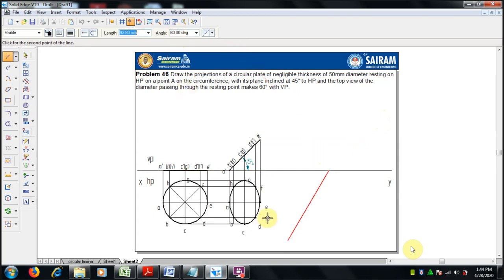That is positive, and now for the HP, for the top view we can draw 60 degree here, check the angle with the reference line, so it's done now.